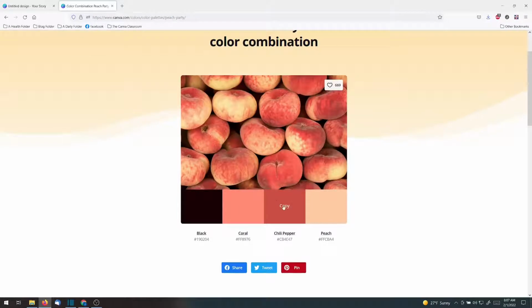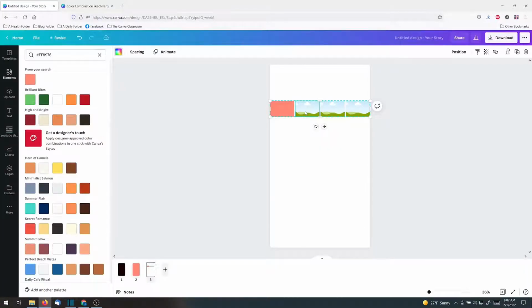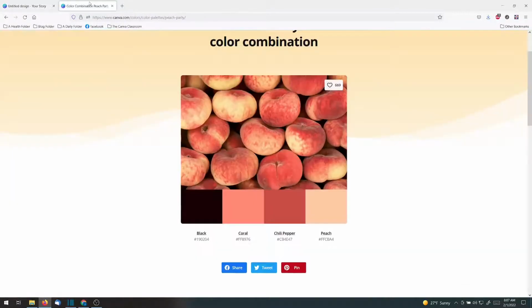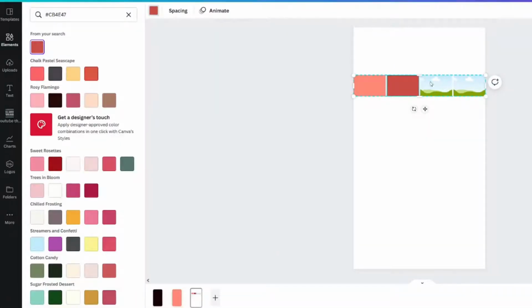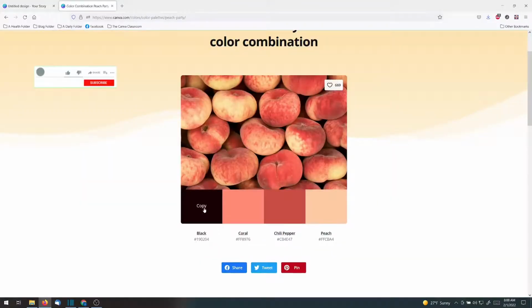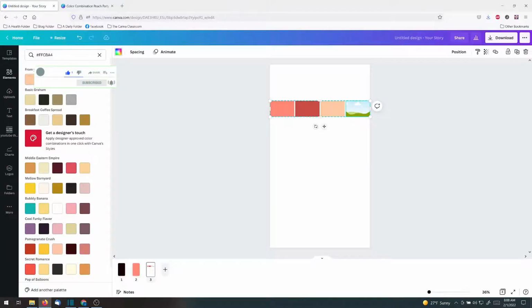Then let's go get chili pepper. We can click the next one, paste in the color code. Here you go. Here's peach, copied it, go back to the design, click the third one, paste it in, and finally, here's the fourth one, click copy, go back here, click the fourth grid,